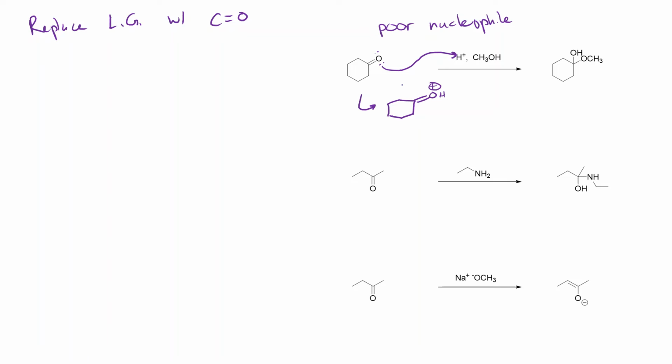And then what's going to happen is we're going to break this CO bond and make a carbocation here. Now this is just resonance. This isn't a new compound or anything because we're only moving pi electrons around. But it looks like a carbocation. And then of course methanol can come in, add to that position, we lose an H plus and we get